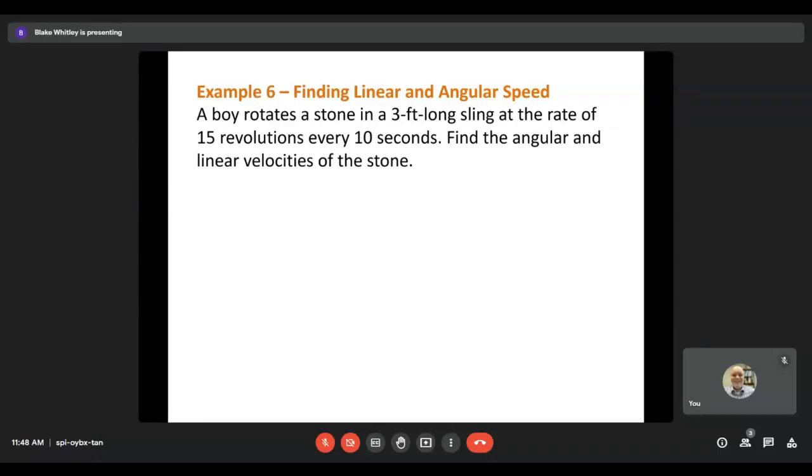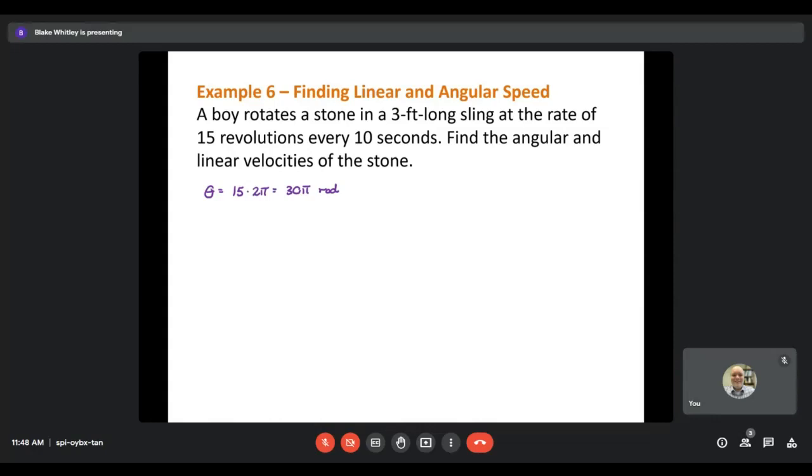So we know we're going to need that to be able to find angular speed for sure. And it's also going to help us in our linear speed since we're going to need to know the arc length. So to find our theta, here's what we've got to think about. We know that the stone is traveling 15 revolutions every 10 seconds. Well, 15 revolutions, we know a full revolution is going to be 2 pi. So I'm going to take 15 revolutions, multiply by 2 pi, which is going to give us 30 pi radians